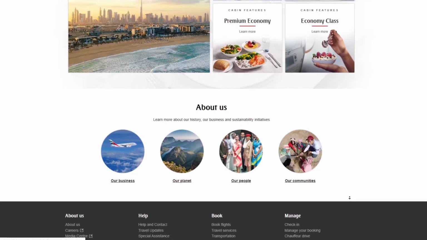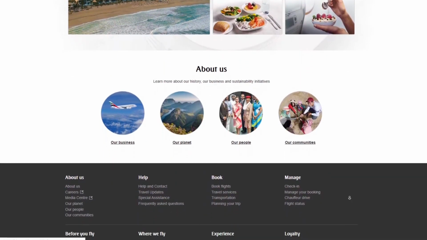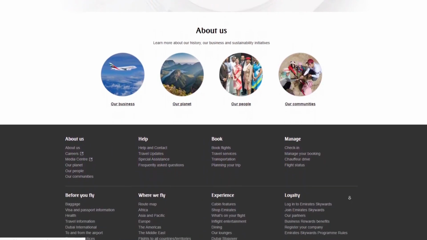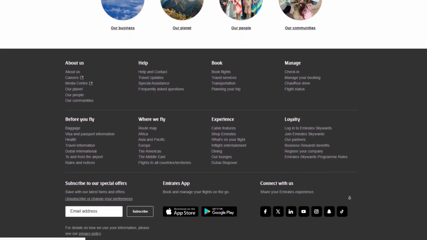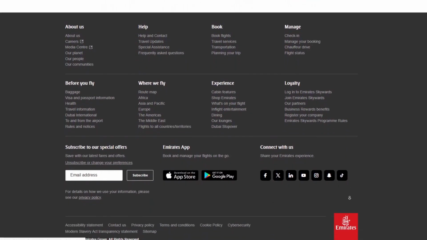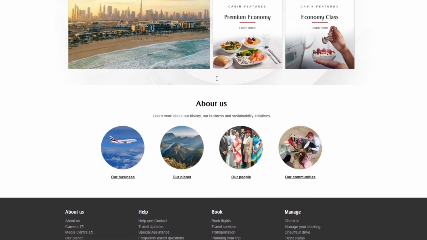You want to always check your ticket type, plan changes early, and you want to use Skywards Miles whenever possible. Whether you're changing your flight for convenience or due to an emergency, Emirates provides various rebooking and canceling methods